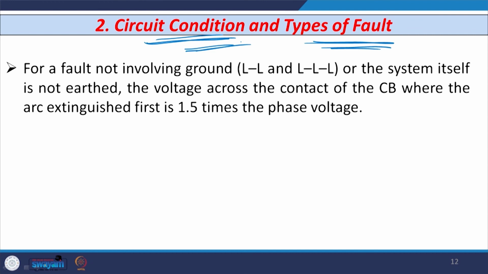Till now we have discussed the important arc interruption theories, Slepian's theory and Cassie's theory. We have also solved one example based on the recovery voltage, RRRV, transient restriking voltage and the natural frequency of oscillations. Then we started our discussion on the factors affecting the three important terms: RRRV, recovery voltage and transient restriking voltage. We have discussed the first factor, the power factor of the circuit at the time of interruption of current, that is, at the time of fault. So, I stop here and we will continue our discussion in the next class. Thank you.